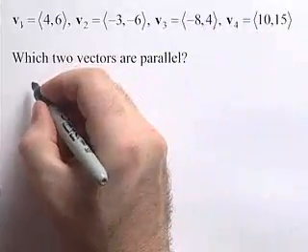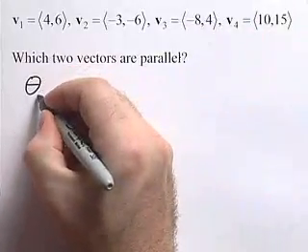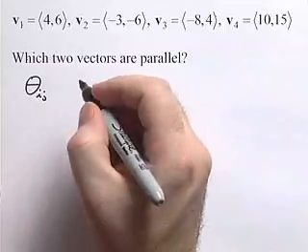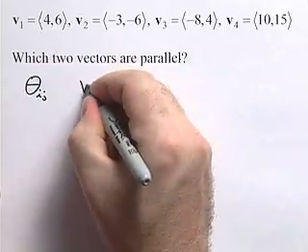Here we're given a set of vectors, and we're asked to determine which of the two vectors are parallel. We need to recall that if we have an angle theta sub ij, that's the angle between vectors